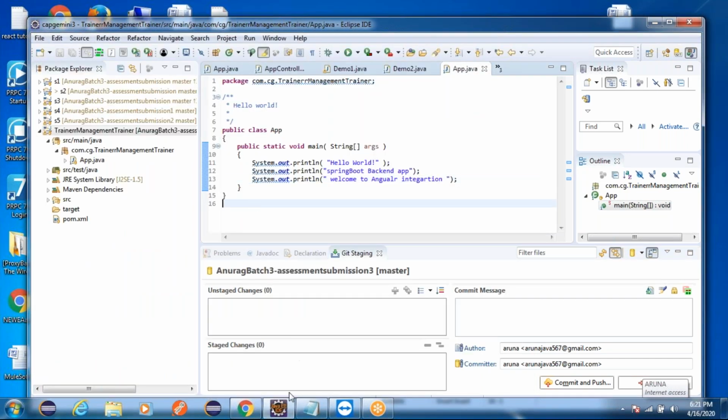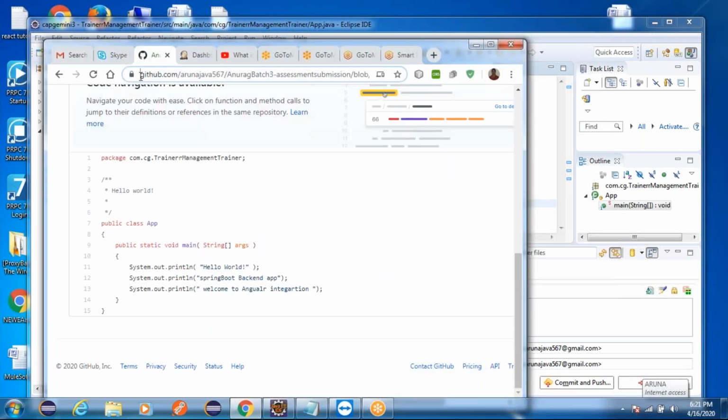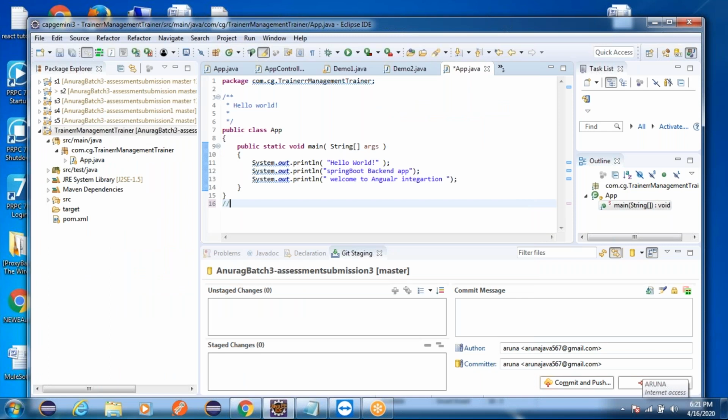All of you can make a note of the URL here. So assessment submission is your URL. Here I'm giving that URL, and the ID and the password. All of you can practice this. Okay, thank you.